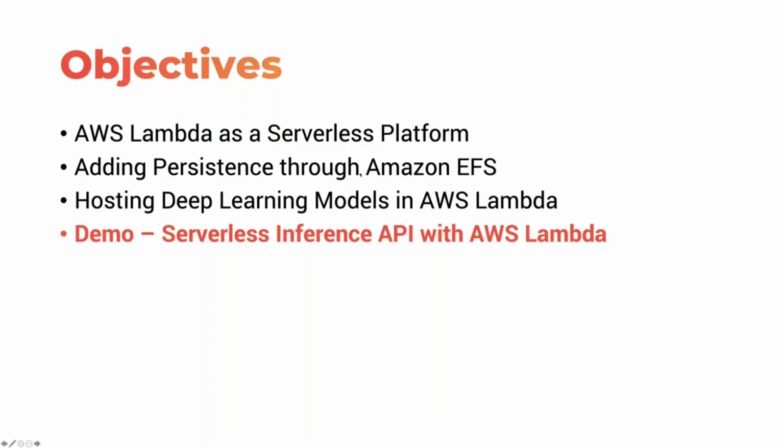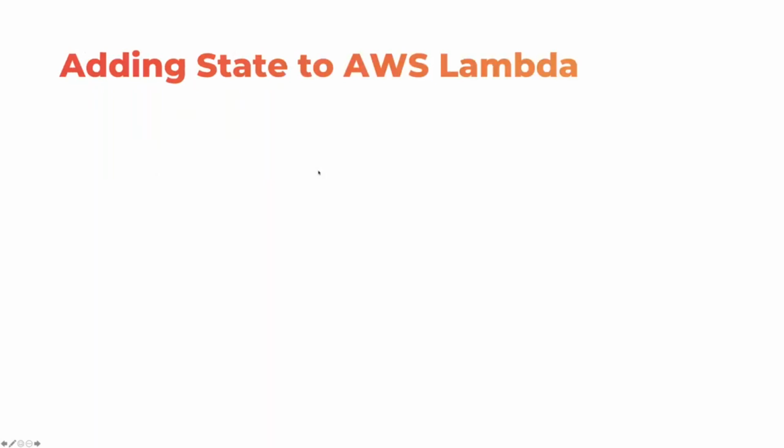Now, let's get started. This is going to be an interesting session. Now, AWS Lambda is one of the very early, in fact, the first serverless platform launched in the public cloud environments. It brought many capabilities. Initially, it was just AWS Lambda. Then Amazon added the concept of step functions where you can stitch together multiple Lambda functions. And then they added layers through which you can bring in additional dependencies into AWS Lambda. They added multiple languages. So it has been growing phenomenally in the last 5 or 6 years since its launch.